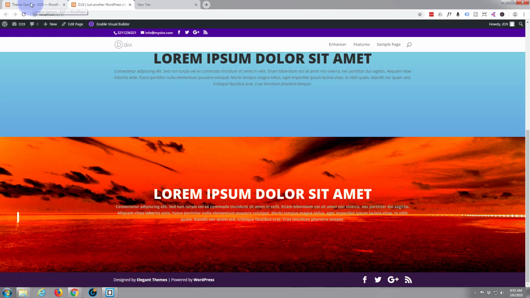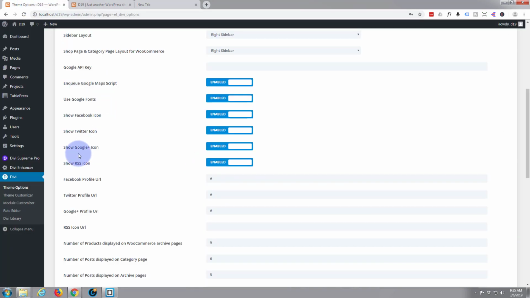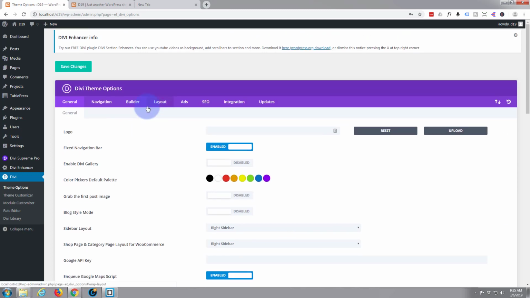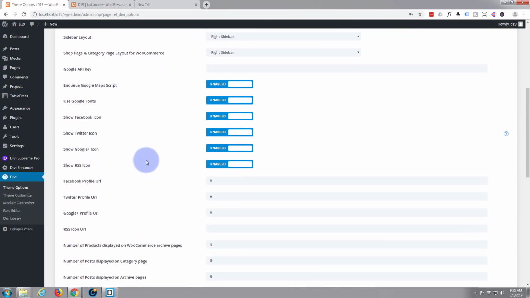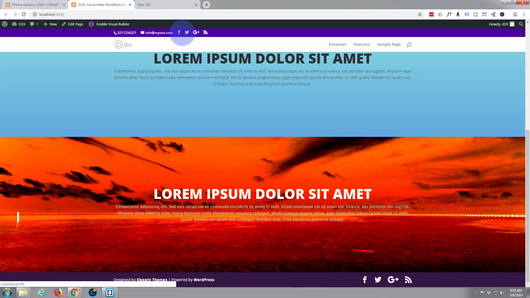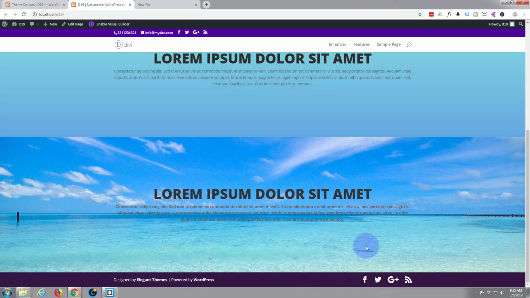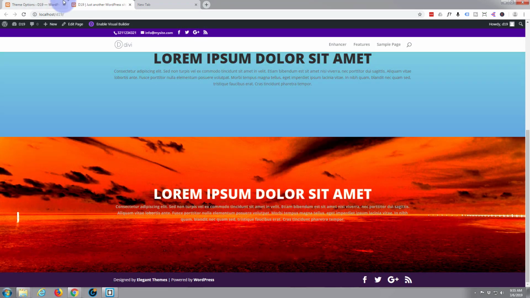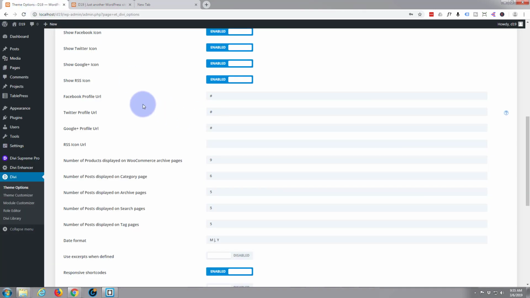If we go to our dashboard, I'm actually already here. So you go down, you go to Divi, to Theme Options on the General tab, and just scroll down a little bit. And there you're going to find your Facebook, Twitter, Google, and that RSS. And they correspond to the Facebook, Twitter, Google, and RSS on both the top menu there and the footer here. And next door to them is where you put in the URL of your Facebook, Twitter, Google, or RSS feed,